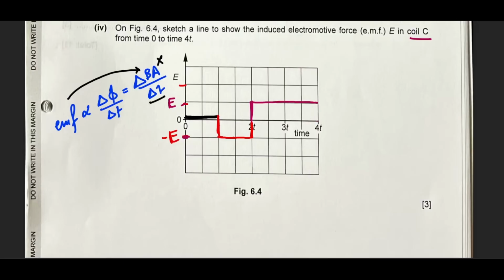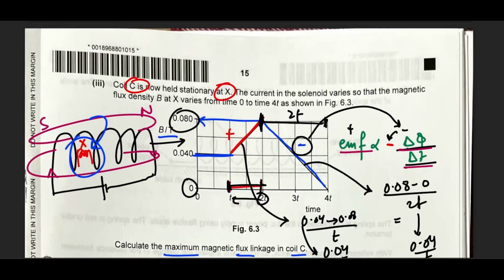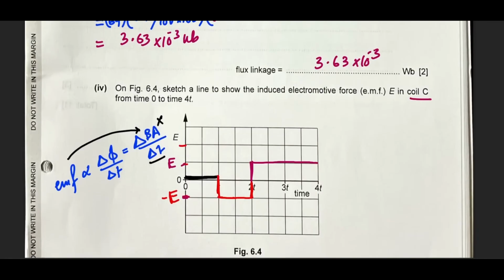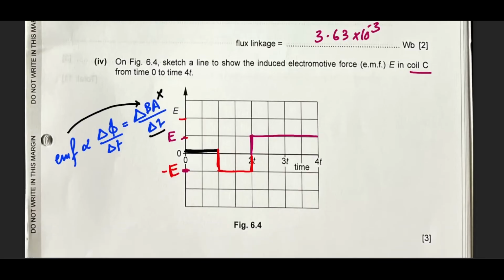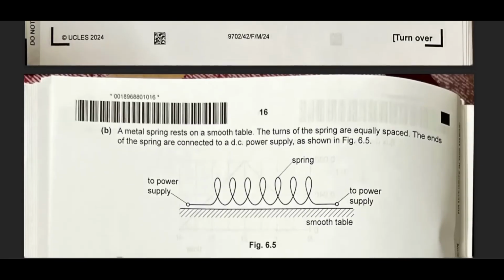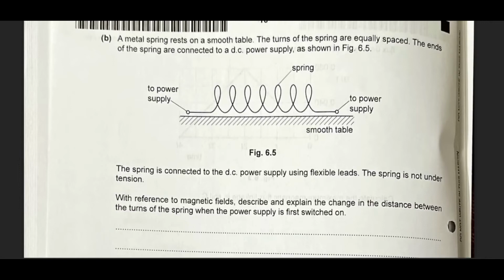Now I will remove this because we don't know what happened after this. We don't know what's happening after this, so we can't conclude that it comes back to 0. So I have to leave it at this point. Okay? All right. Part B deals with this coil, and for this question, you have to go back to